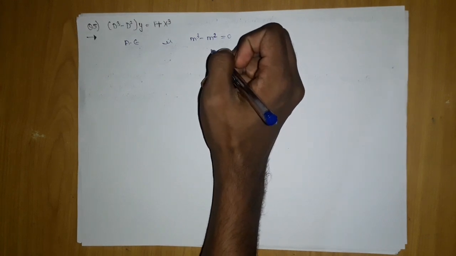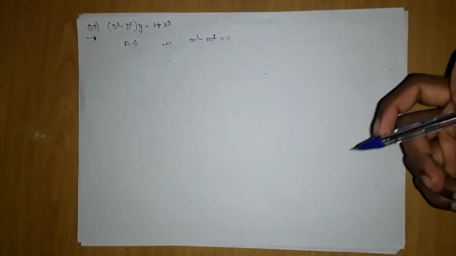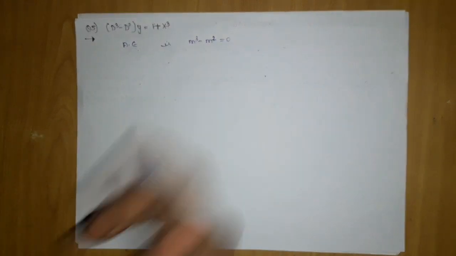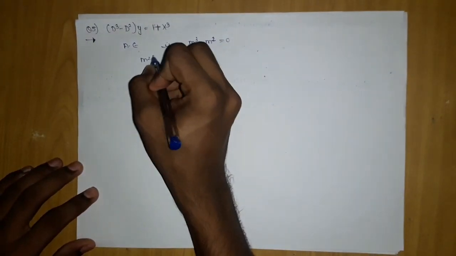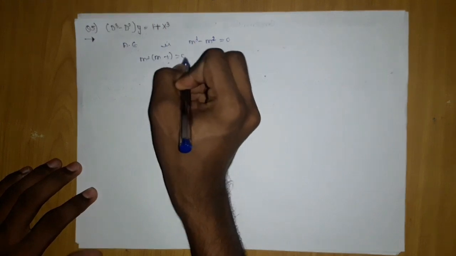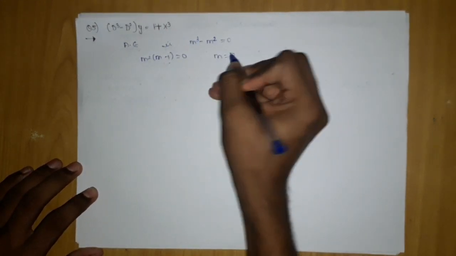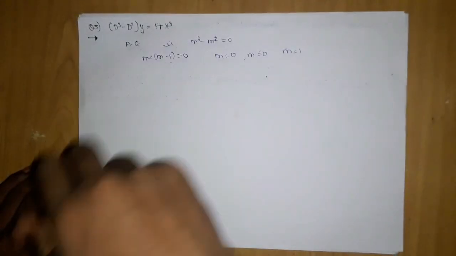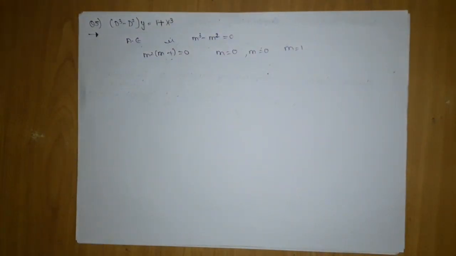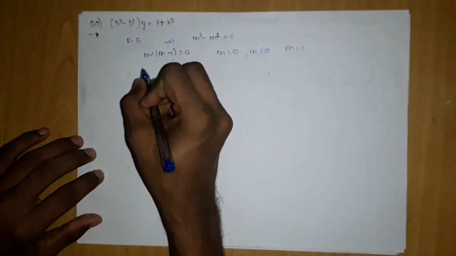The moment you get this, you have to solve it. You take m square common, m minus 1 will be left, equal to 0, giving you m equal to 0 twice, and m equal to 1 once. So the roots of the auxiliary equation are m equals 0, 0 and 1. So the roots of the equation are real and equal. Now the complementary function you can get here,